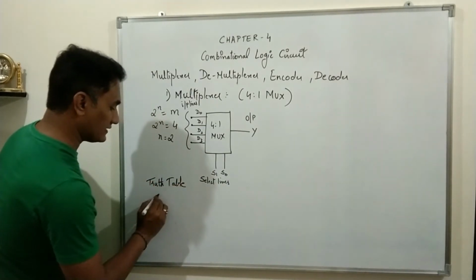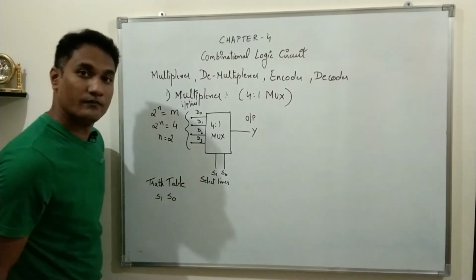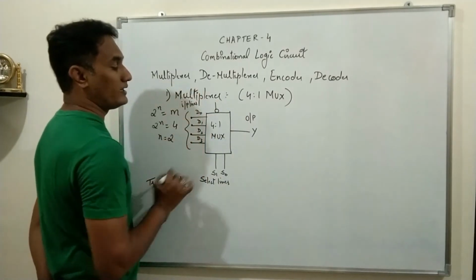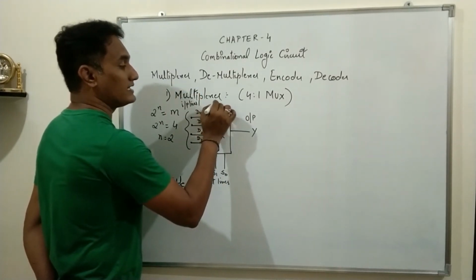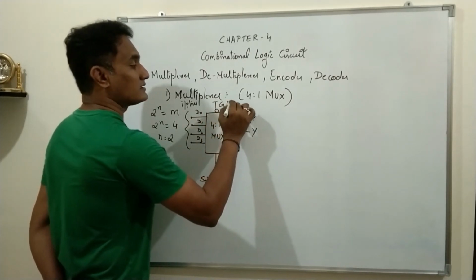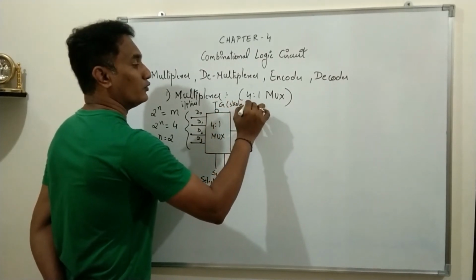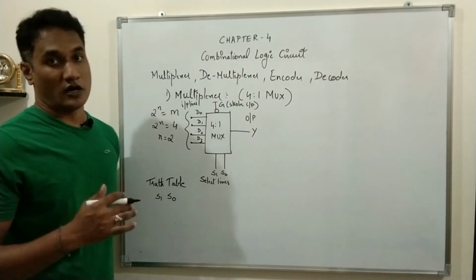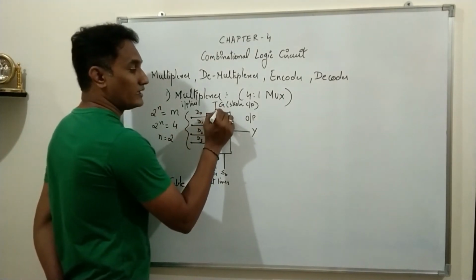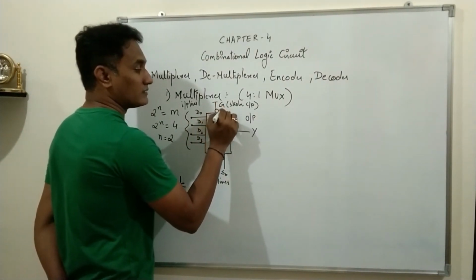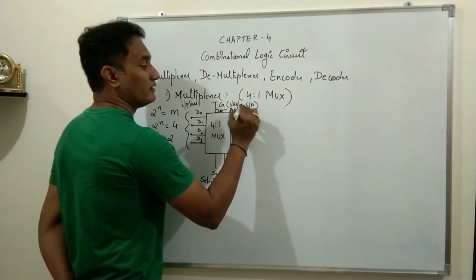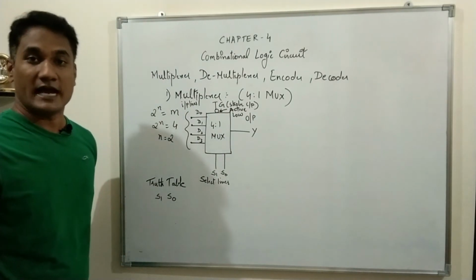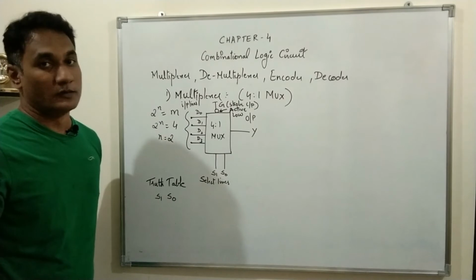So in our truth table we have two variables S1, S0. Now apart from that, in a multiplexer there is one more control input called G. This is called the strobe input. Strobe input specifies if the chip is enabled or not. When you draw the symbolic representation, there is a bubble sign, and that bubble sign indicates it is active low. Active low means when you give 0, only then the circuit will be activated. When you give 1, the circuit will be deactivated.